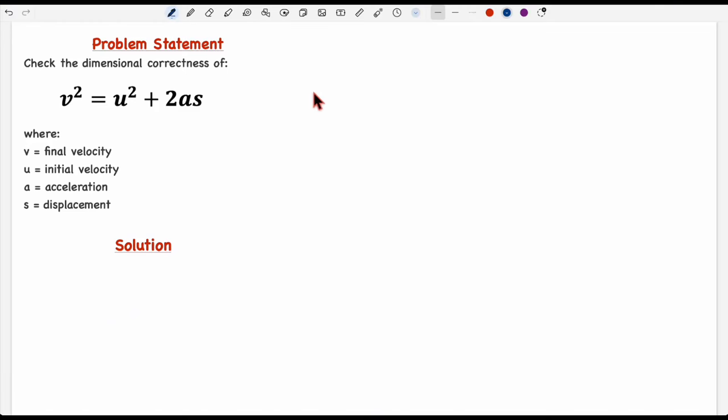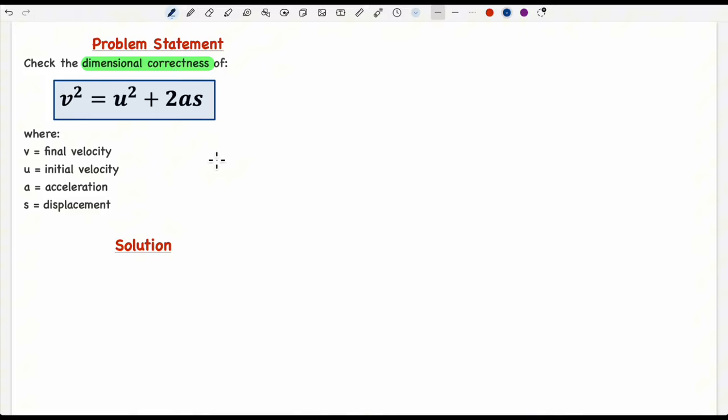In today's video, I'm going to show you how to solve this dimensional analysis problem. Let's look at the problem. In this problem, we are to check the dimensional correctness of v squared equals u squared plus 2as. So this is an equation that we are going to apply the technique of dimensional analysis to check the correctness